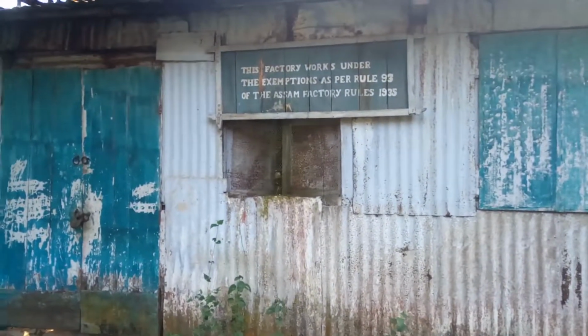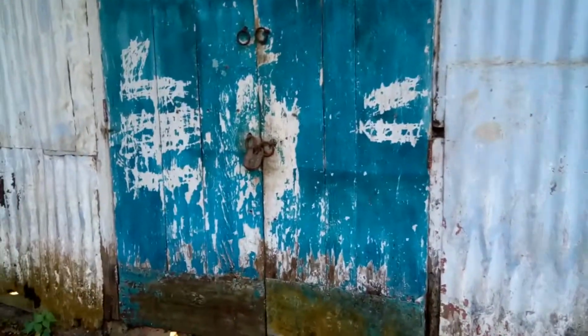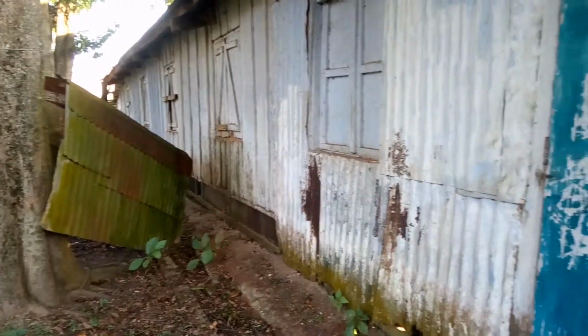This is the entrance to the factory, and as we can see, it has been locked, and by the look of the lock and the gate we can conclude that it must be locked for a very long time. We can have a glimpse inside by the window, and it is evident that a part of the roof has fallen down as it has not been in use for a very long time. But at its height of production, it must have been a very busy